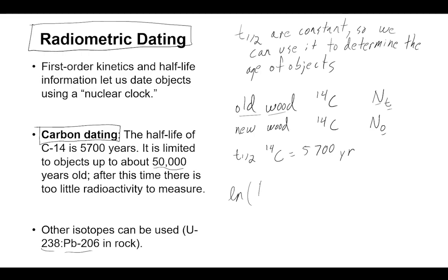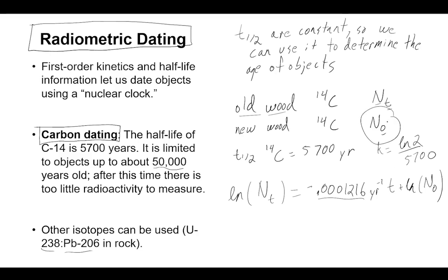And that'll tell us how old this old piece of wood is. Right, so we'll take the natural log of that old piece of wood's carbon, the number of carbon-14 nuclei on that, which we can measure with mass spectrometry or some other analytical technique. We can plug in our rate constant k, because remember, k here is ln of 2, 0.693 divided by 5,700. That's how I get this number in inverse years. And we can measure a new piece of wood and its number of carbon-14s and plug it all in and